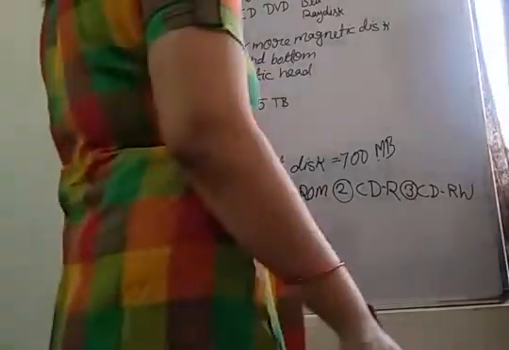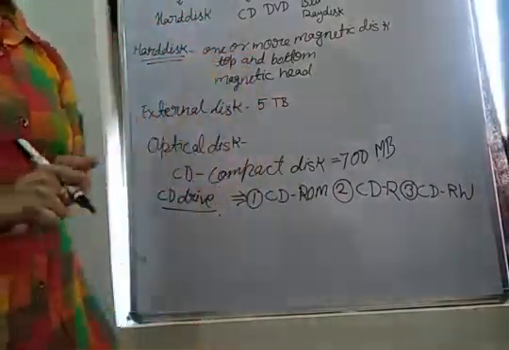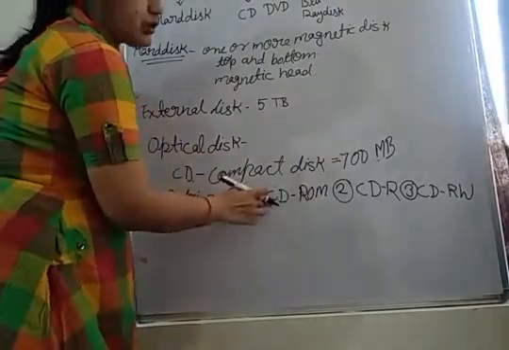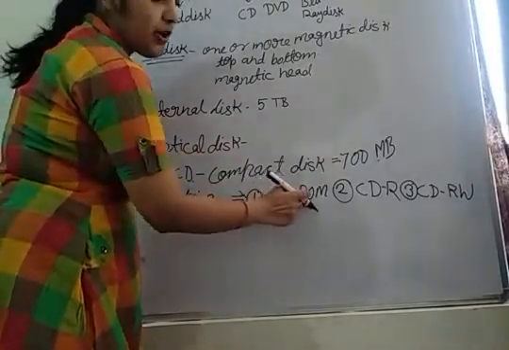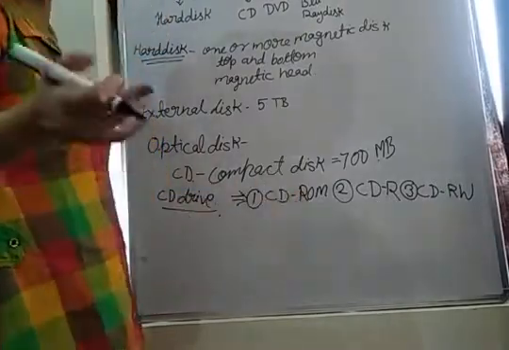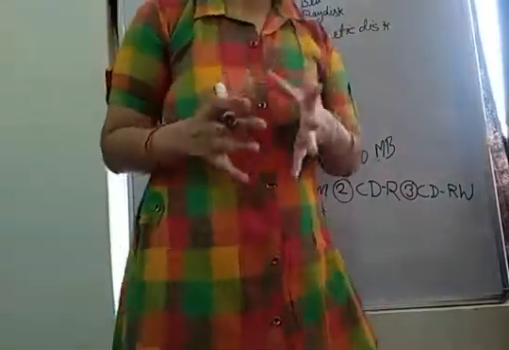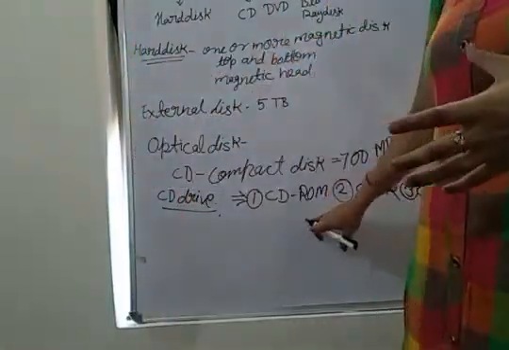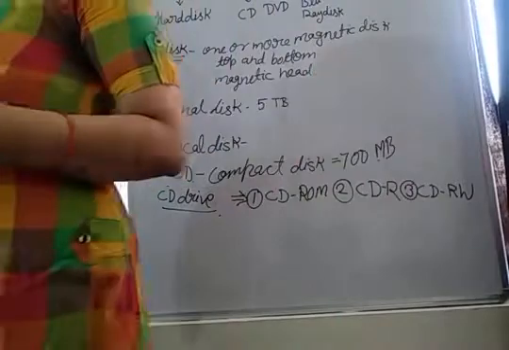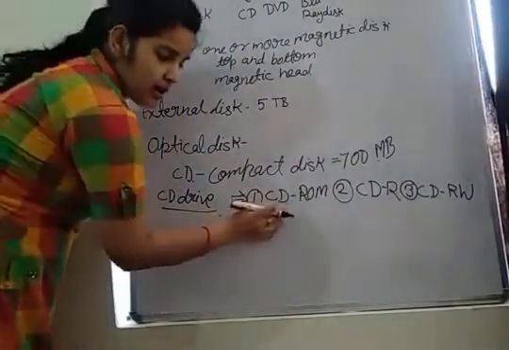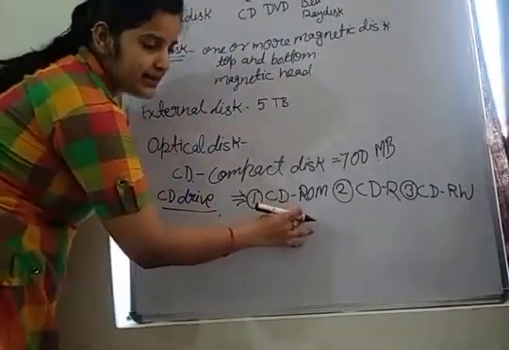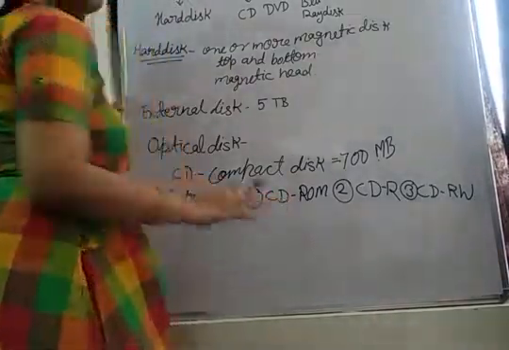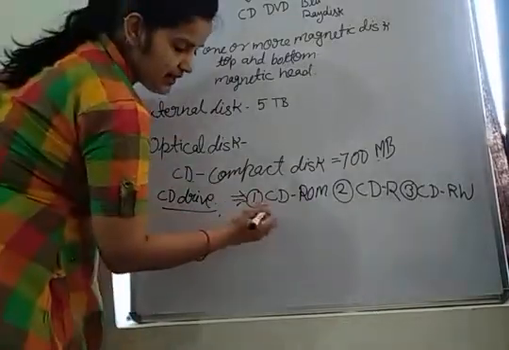Now, the CD-ROM. CD-ROM stands for Compact Disc Read Only Memory. Listen students, Compact Disc Read Only Memory. Here read only memory. What does it mean? It means that the data can be only written at the time of manufacturing of the CD. Means on CD data can be written only once when it is manufactured. Okay, so data cannot be modified and erased from the CD-ROM.